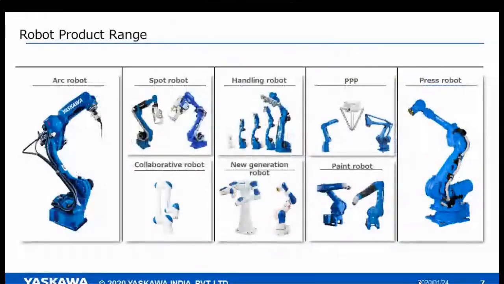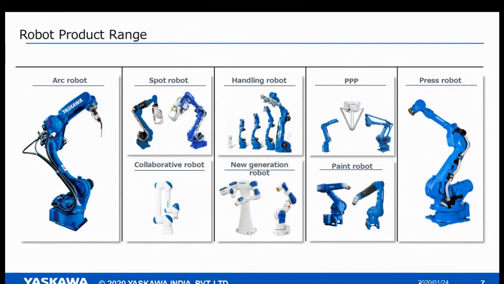If we talk about robots in India, we have sold to any OEM; our presence is there. We have arc welding, spot welding, and different types of robots: handling robots, pick and pack palletizing robots, press tending robots, and painting robots. TVS, Apache vehicles, bikes, Ashok Leyland, Nissan, Hyundai, all the cars are painted by Yaskawa robots. Two-wheeler, three-wheeler, four-wheeler, any application, arc welding, spot welding, everything is running with robots.